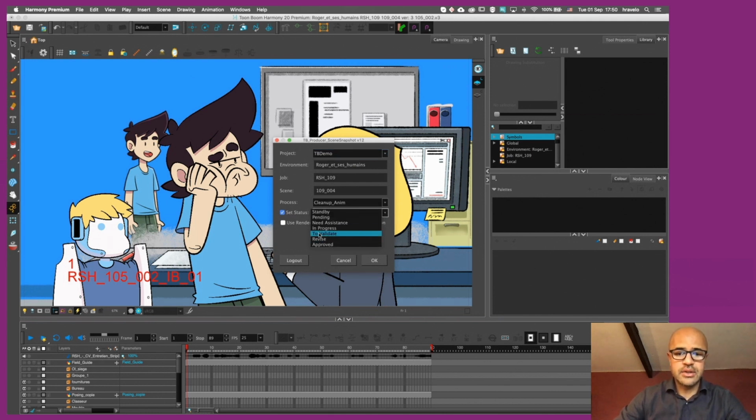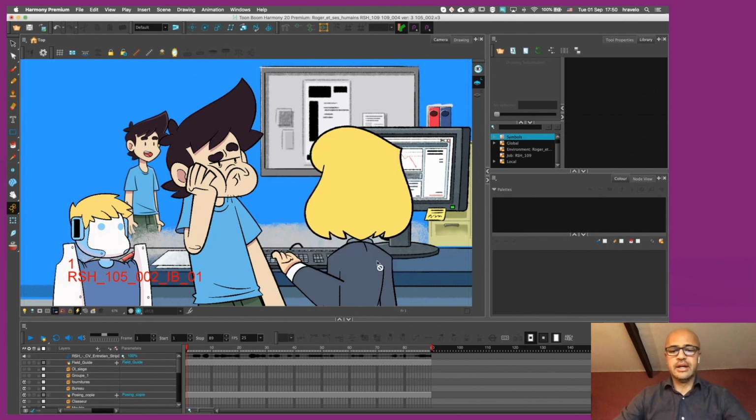And we would like to set the status of that to validate. Then you can choose to either send the render to the render queue once it's back in the server, or we can render right here, right now. So we're going to click OK. And Harmony is going to render the preview movie that will then be uploaded to Producer.